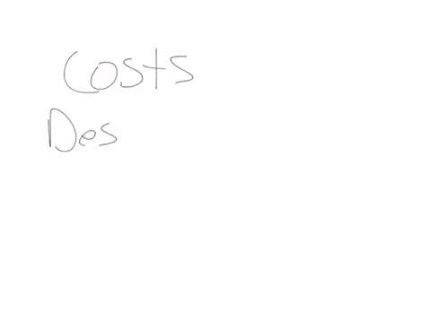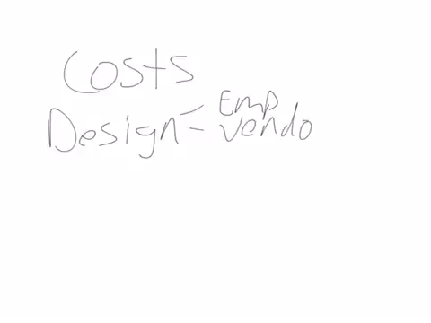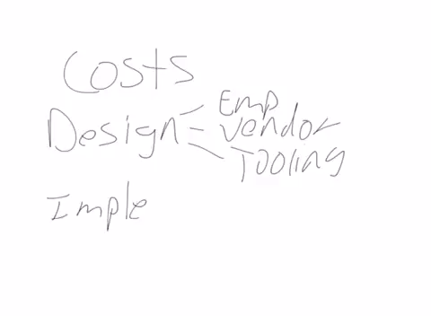So for a training department, what would be our initial investment? That would actually be our costs. So for training, to come up with this, we need to define all of our costs. So it would be the design. So what costs go into design? That would be your employees, or if you bought the training somewhere else outside, any vendors, any tooling, if you needed tools or anything like that. So whatever goes into the design.